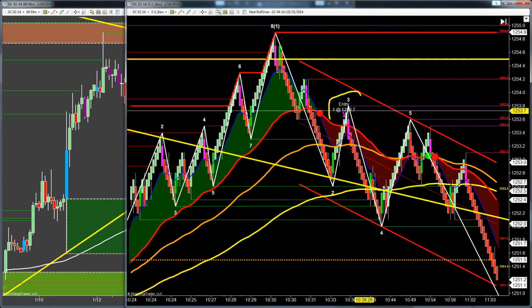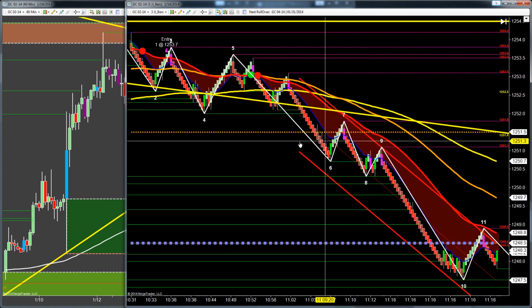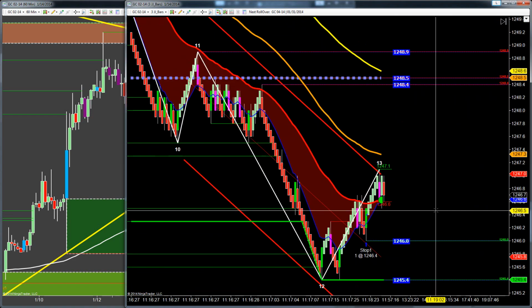We had our entry trigger in at 1253.7. Only took one tick of heat, so the 5-tick stop was even too big, which is really nice considering this is gold, where 5 ticks can move very fast. Now that first leg down got us to move our stop to break even. Did challenge that a little bit, came pretty close, but then started falling right back down again, and we trailed this all the way down to